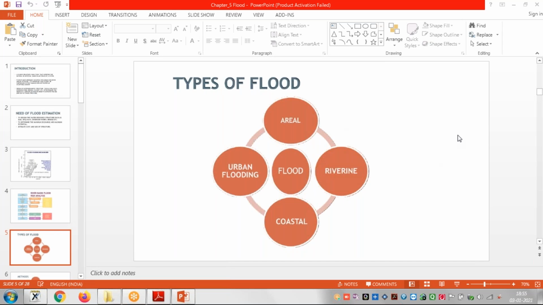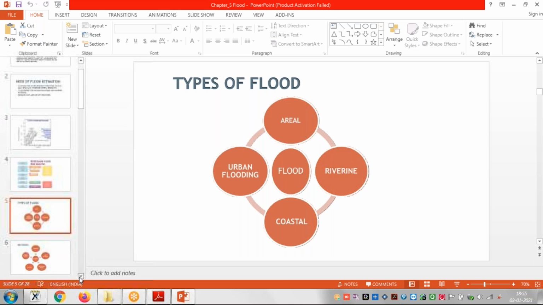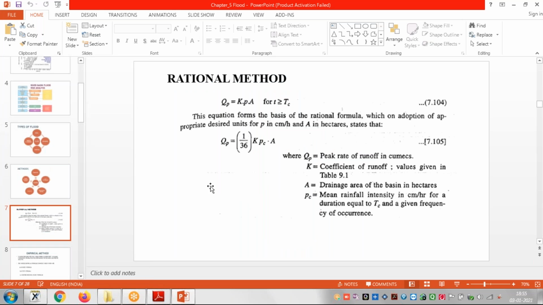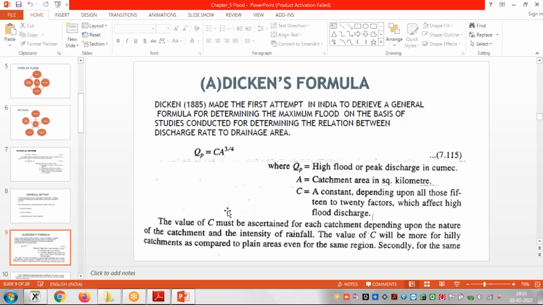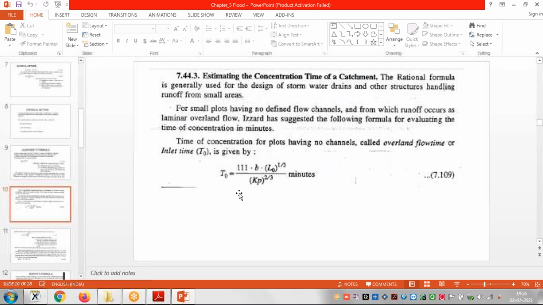So, in the last lecture, we had seen the different methods, right? The rational method we have seen. Empirical method, there are three methods: Dickens formula, Rives formula, modified regional flood formula, right? So these are the formulas, and we were on the